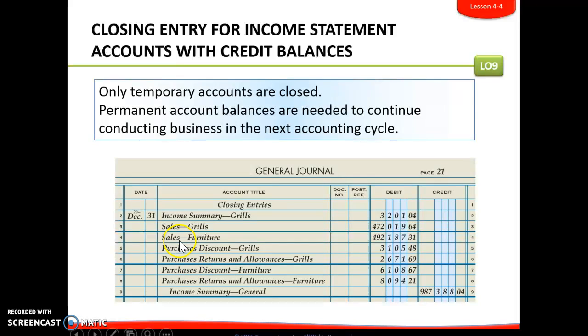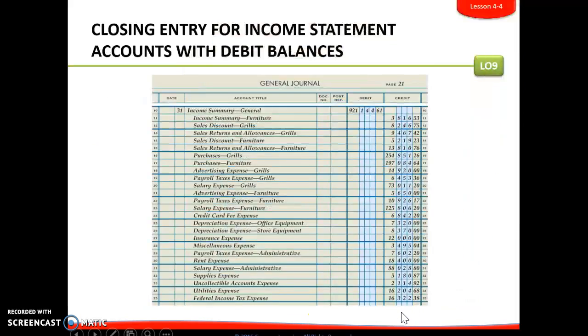Like an example, sales. We want to know every fiscal period how much sales we have in grills and sales we have in furniture. We don't want to keep this open forever and ever. Okay, we want to keep track of each fiscal period. So here is our closing, like I said, of our income statement accounts that have credit balances. So since they have credit balances, we are going to debit those accounts. We will debit them into our income summary general account. Or I shouldn't say debit them into, we will credit our income summary general account for the total of those